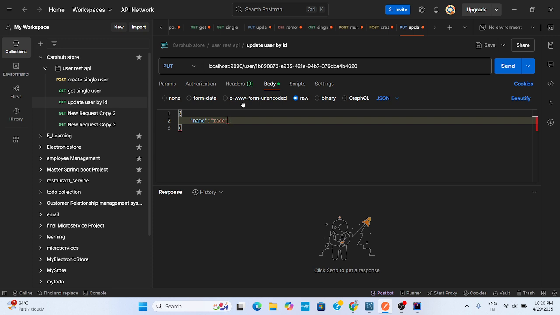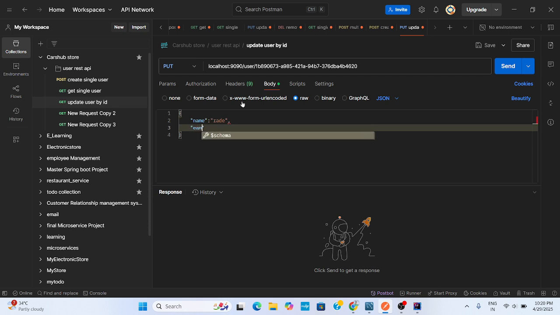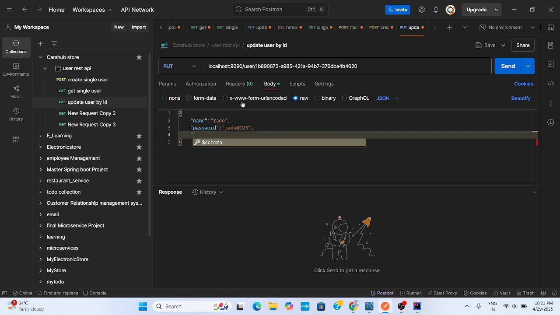Email I will not change, the email is already showing. The user can change the password. Gender male.